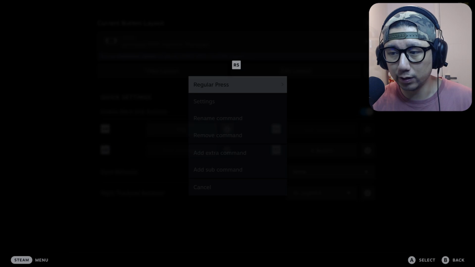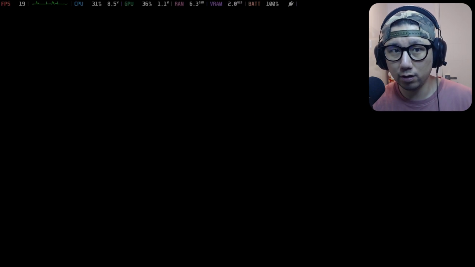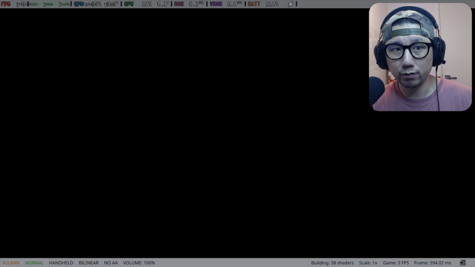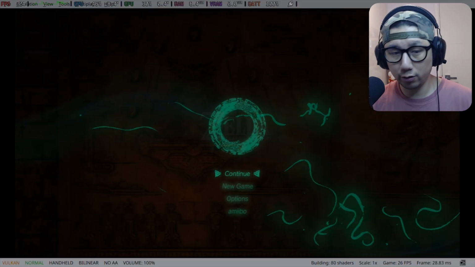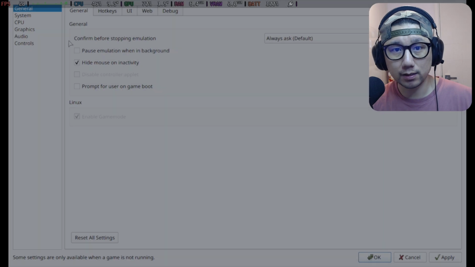Let me remove these buttons first in case I accidentally press it. So F11 on my L4. So now you can see I can go from full screen to windowed mode. Make sure all the settings are fine. Okay, so configure